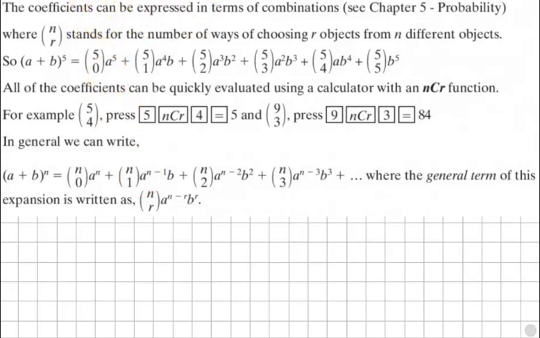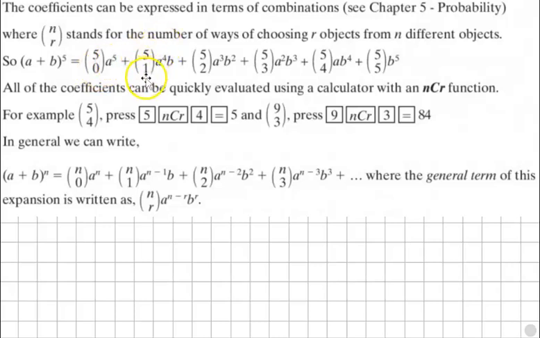The coefficients can be expressed in terms of combinations. For combinations in detail, see Chapter 5 Probability, where n choose r stands for the number of ways of choosing r objects from n different objects. So (a + b) to the power of 5 is going to be 5 choose 0, a to the power of 5,